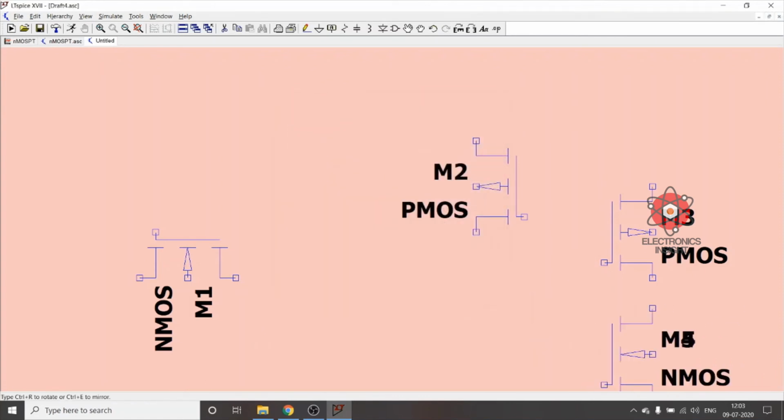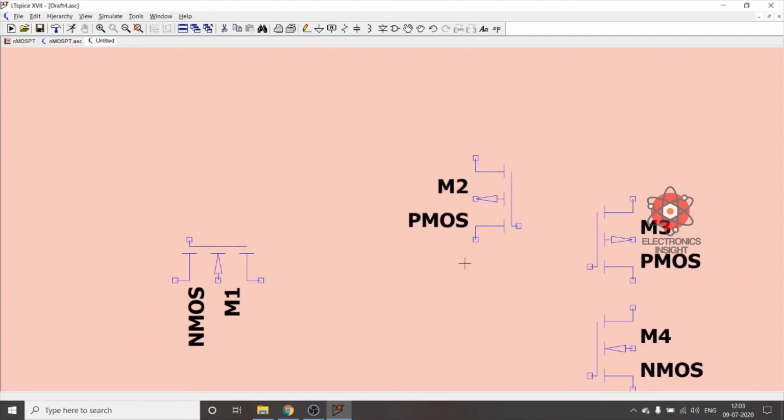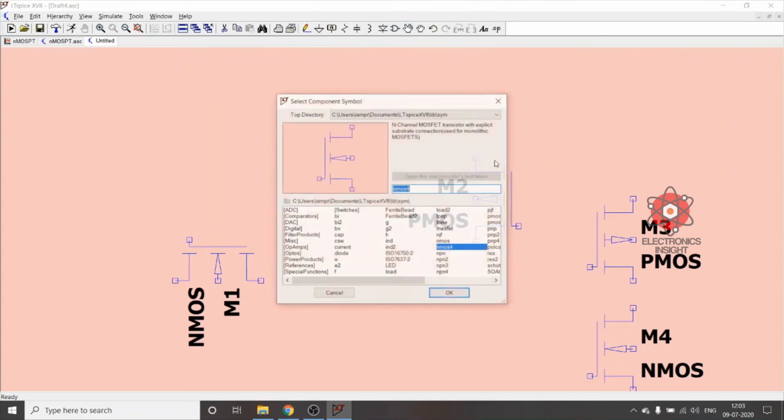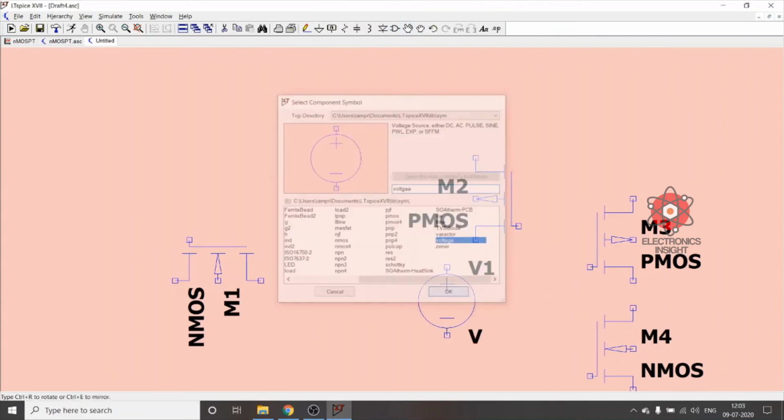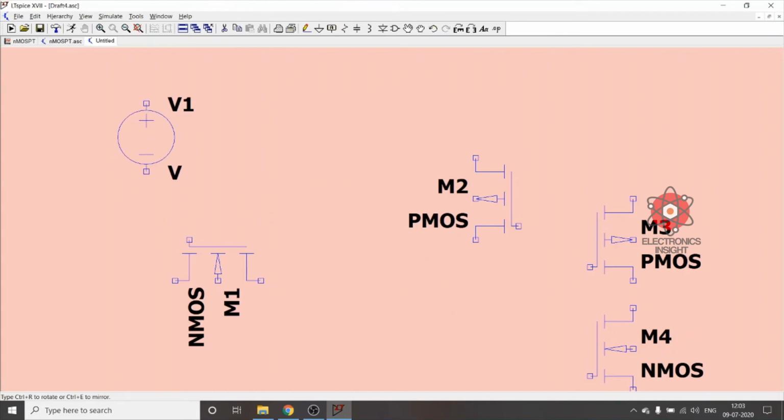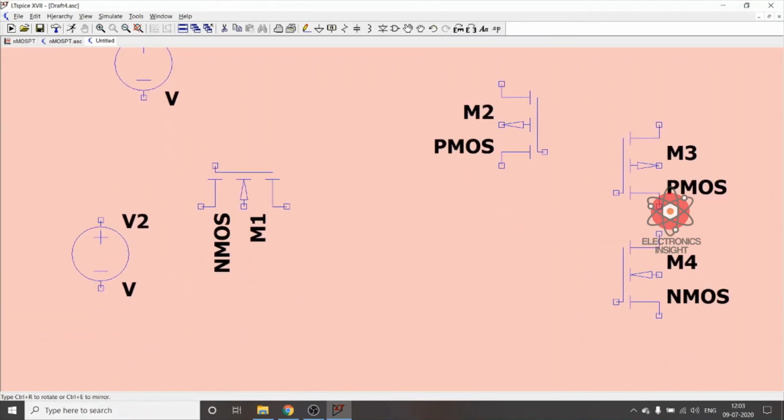Just align and place, and you can zoom in and zoom out. Then we need the voltage sources. So just click the voltage. Here we'll fix the first voltage source, and then we'll fix the other voltage source here.